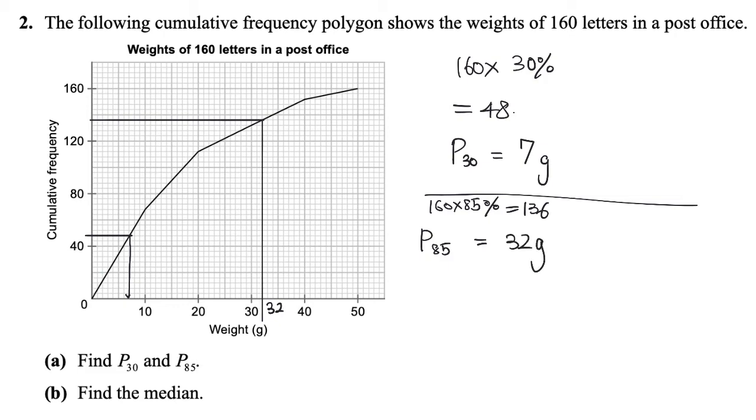Last one, you're going to find out the median, so you have 160 times 50%, which gives you 80. So this one, just draw the line here, and then draw the point here, and that will be about 13